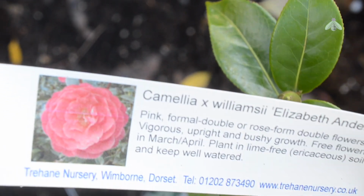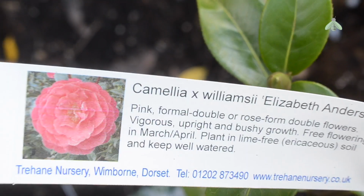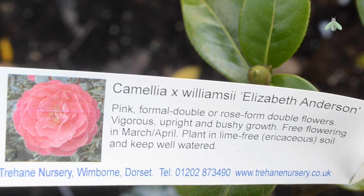Wanting to add to my modest Camellia collection, I took advantage of the January sales and made a couple of